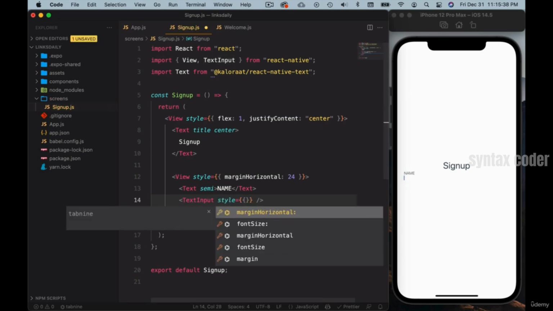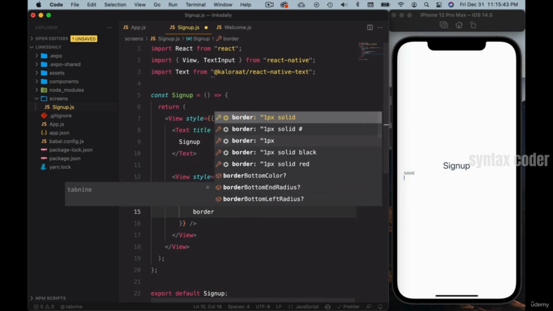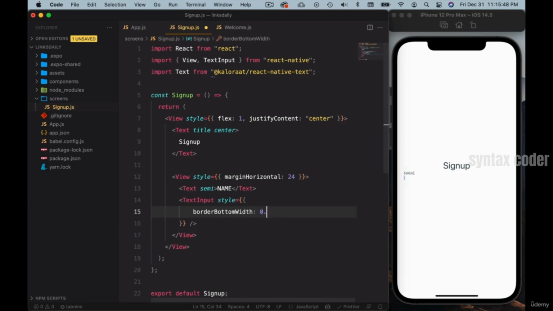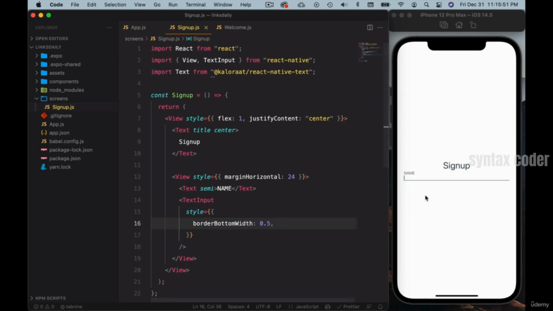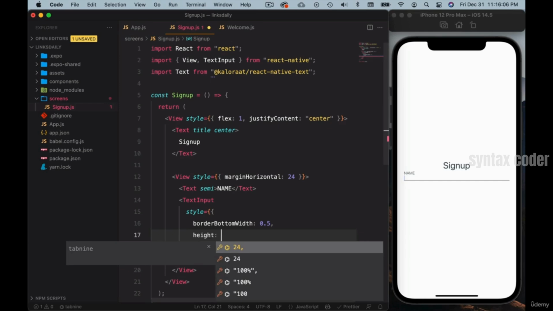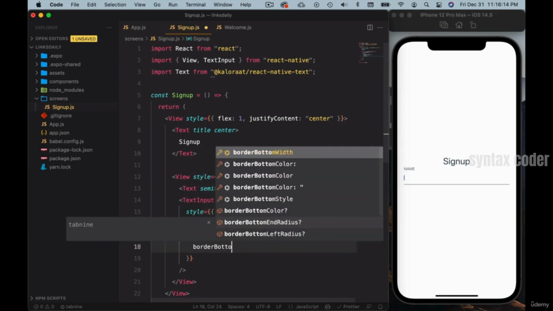Style. Let's give it a border bottom width. Let's give the value of 0.5. Now you can see we got the border bottom. So in this case we're not going to have border all around, we just want to have a border to the bottom. Okay, so for that you use this property. Height, let's give it a bit of a height, let's say 48. Okay, so there's a bit of a height. Border bottom color,